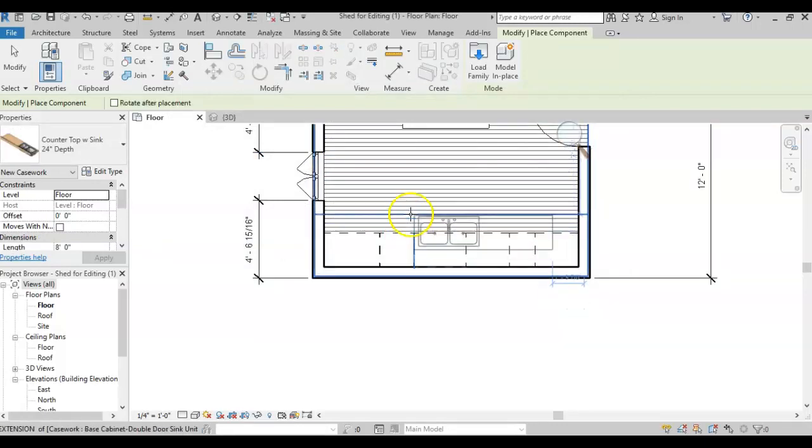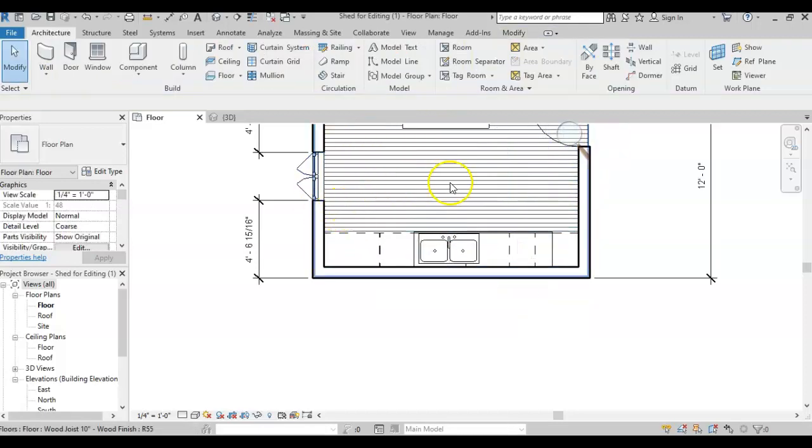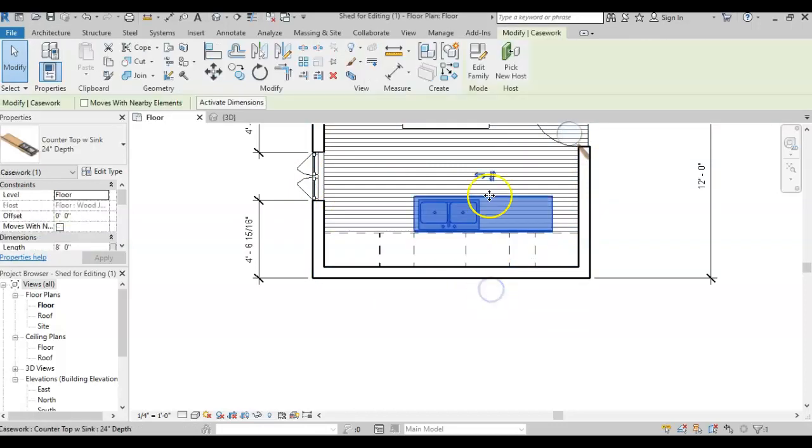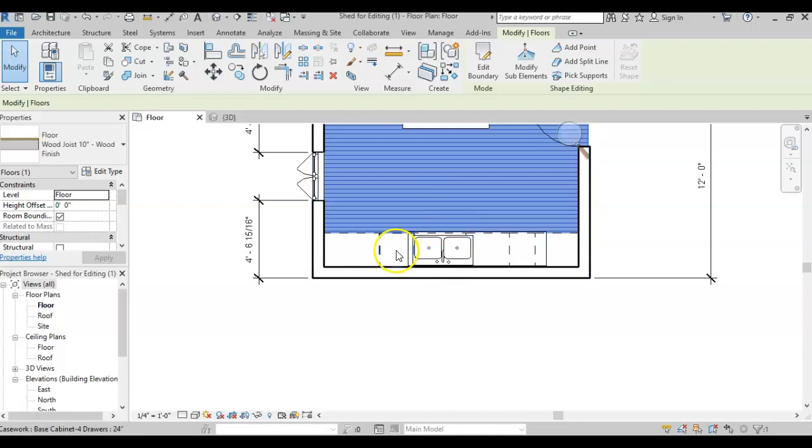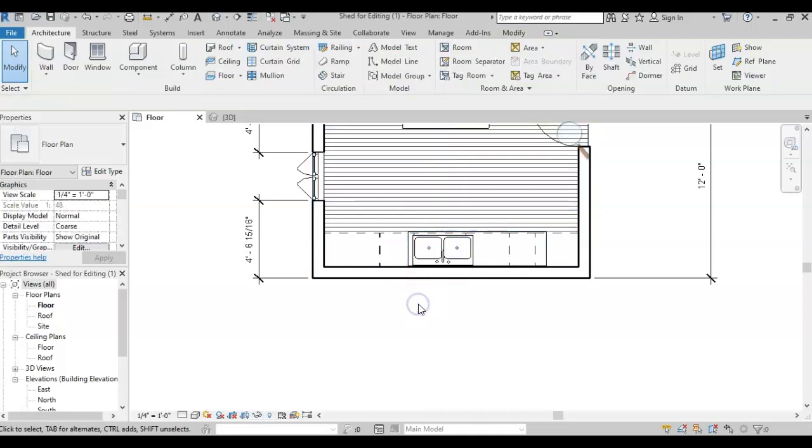It's thinking, and it's defaulting with the, there we go. It's a little bit off on size, but that's okay. I'm just going to plop it in for now, and I'm going to hit escape 2 times. Let's see, that is going backwards. Here we go. I'm going to hit this button right here, and then I'm going to move it back against the wall. I definitely need to change my base cabinet because currently my base cabinet is not the right size